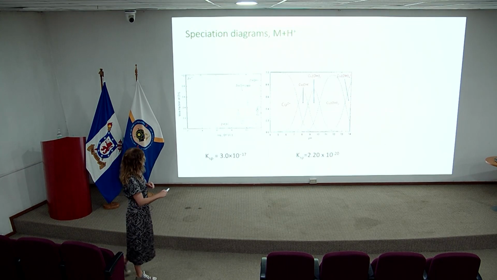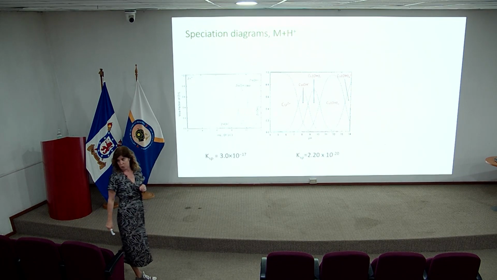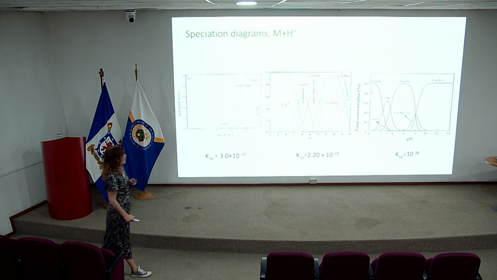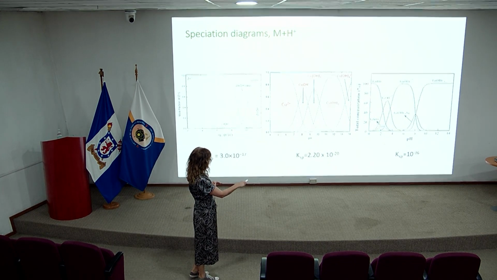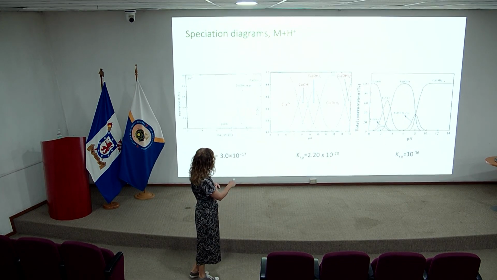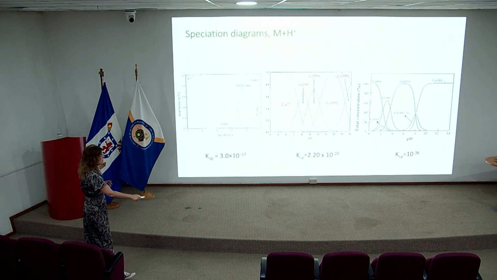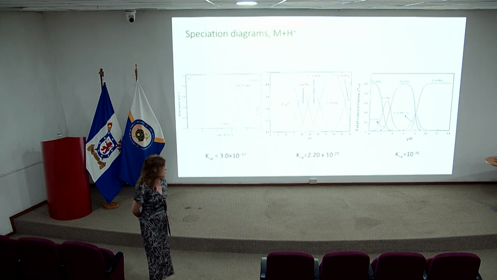For copper, we can see that at physiological pH we have mostly hydroxides and a lower solubility product, and for iron 3 is even worse. Iron is only free until pH 2, copper until pH 7 or 7.5, and the solubility product of iron 3 hydroxides is very, very low.